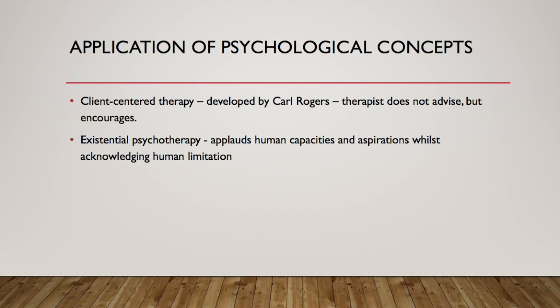Existential psychotherapy is a style of therapy that emphasizes the human condition. This style of therapy lauds humans' aspirations and capacities whilst acknowledging human limitations. In Susan's case, we can acknowledge that she aspires to go to the gym and to lose weight as she values her health and she enjoys the social aspect of a group. However, she lacks confidence in her abilities and she has not regularly exercised in 10 years. This can be seen as a limitation which may stop her from progressing in what she aspires to do.